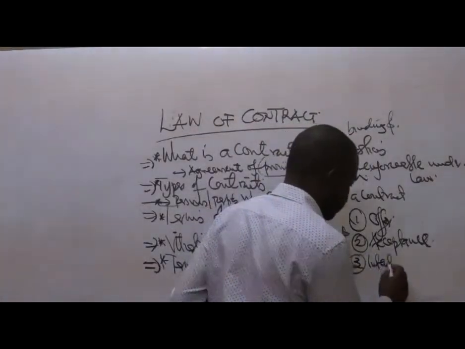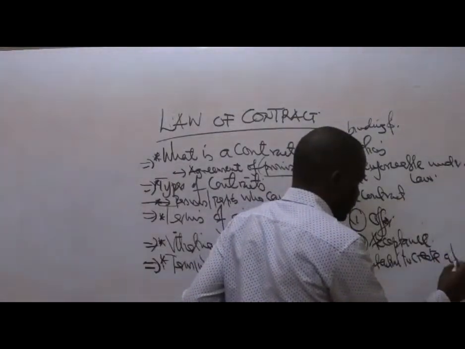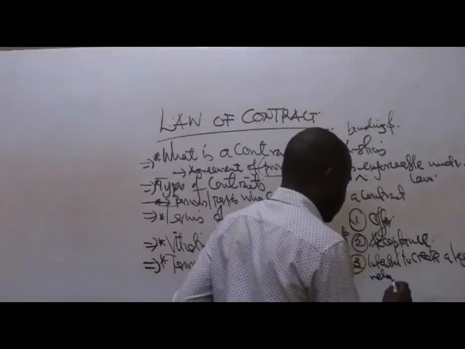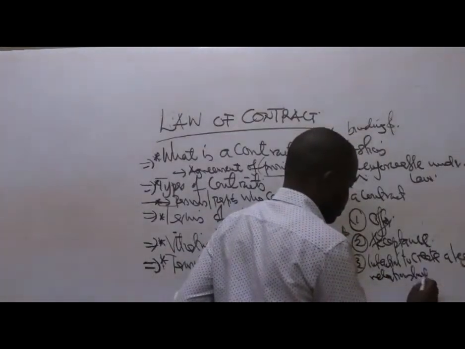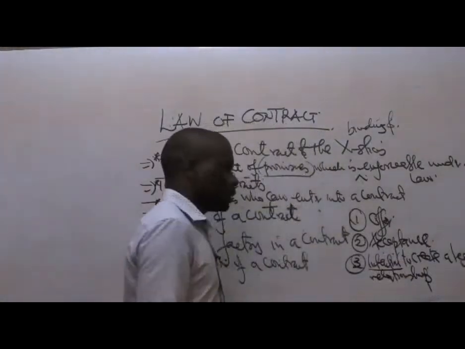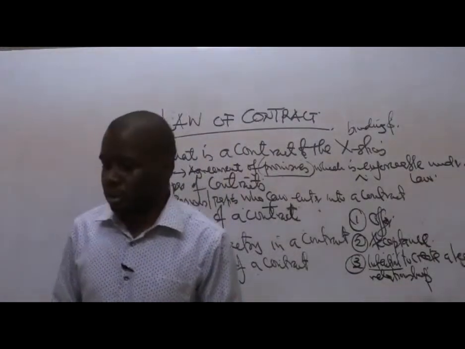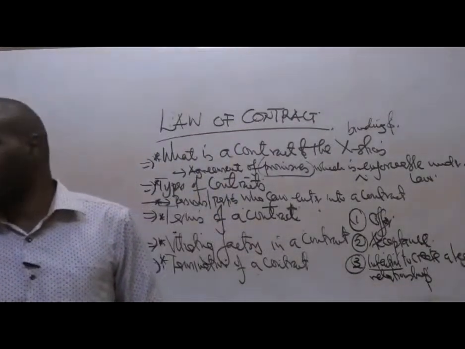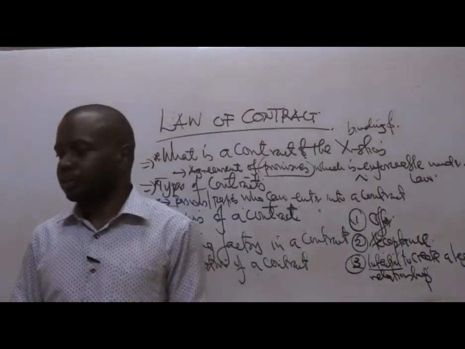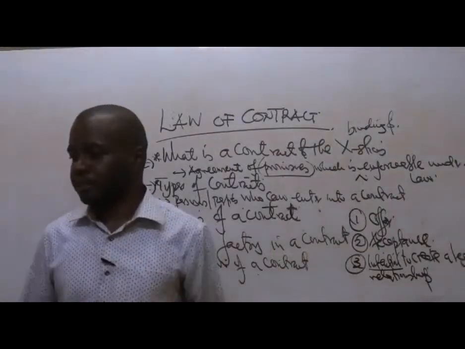Intention to create a legally binding relationship, a legal relationship. There must be an intention. So there must be seen to be some form of intention to create a legally binding relationship between the parties. So it should be something that is actually binding, and actually certain actions can be taken under the law if someone fails to fulfill his promises.